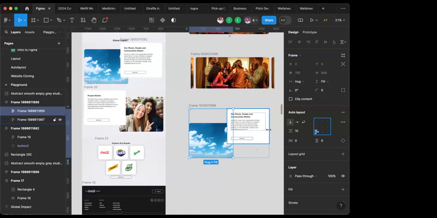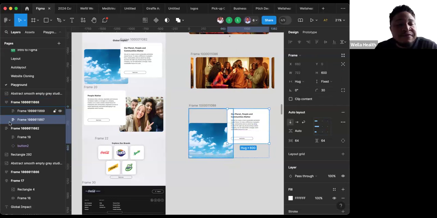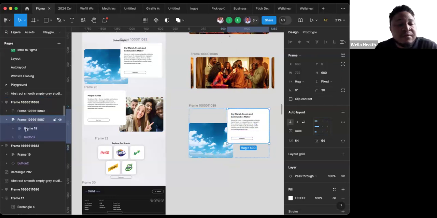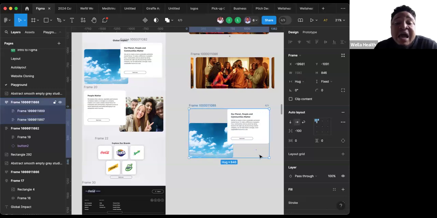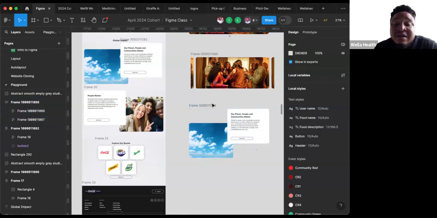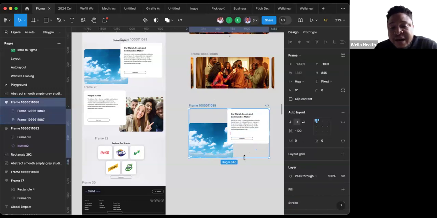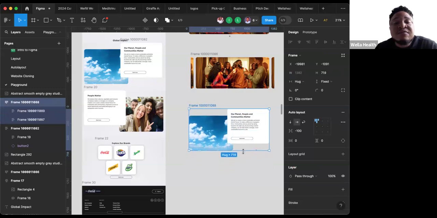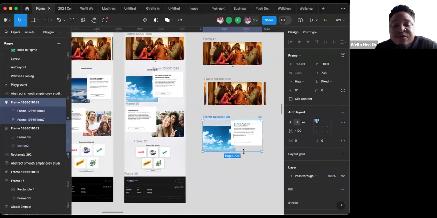Yeah. You can do the same with this one. Put it in a separate frame. But if you want to continue, you can continue and do that. But it's not really necessary anymore, because the spacing you cannot control by changing the height of this thing. So when you've done that for this,